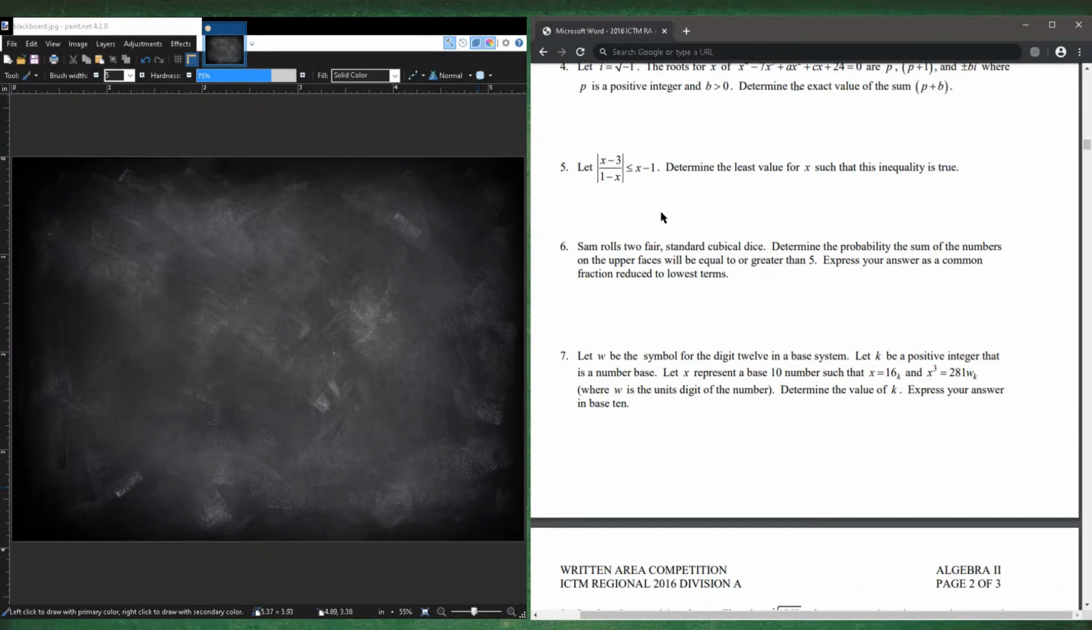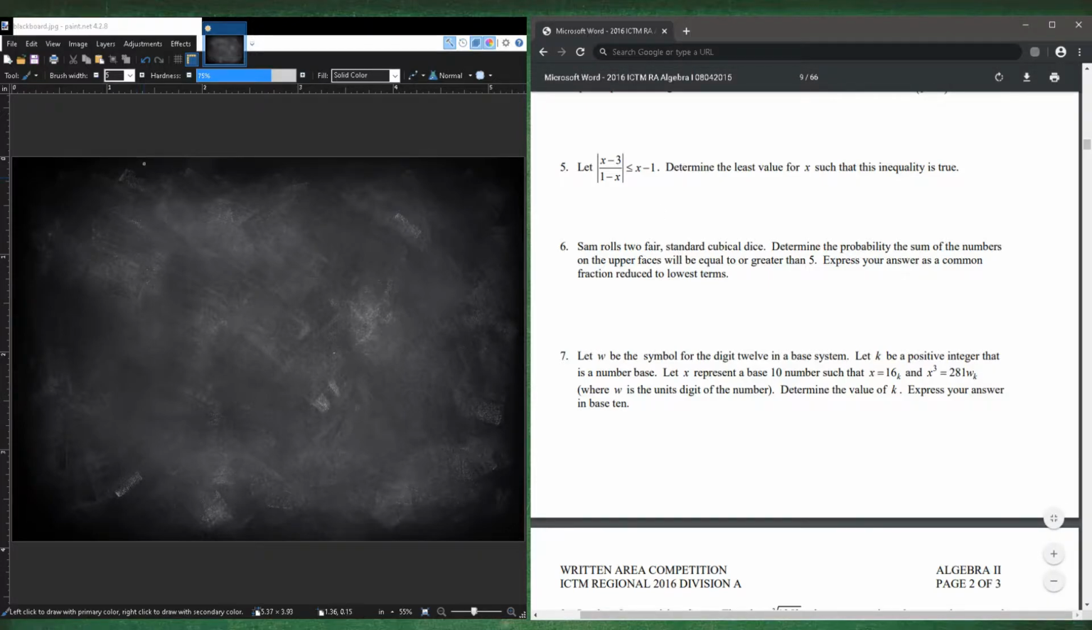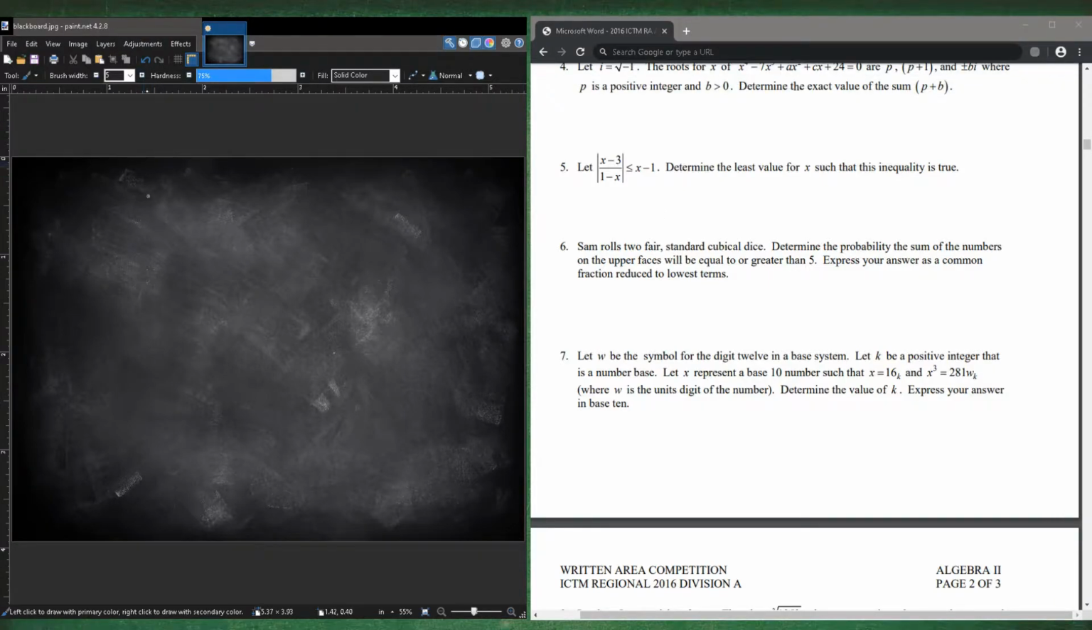Number 5. The absolute value of (x minus 3) over (1 minus x) is less than 1 minus x minus 1. Determine the least possible value for x such that the inequality is true. So, let's work this out. Actually, I'm just going to rewrite this as negative x plus 1. I usually like to have the variable in front,